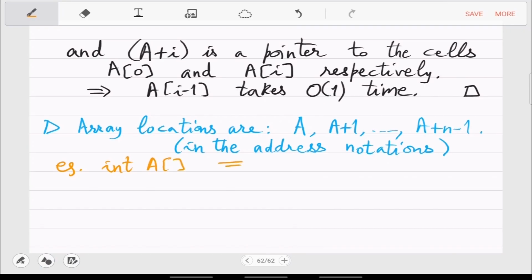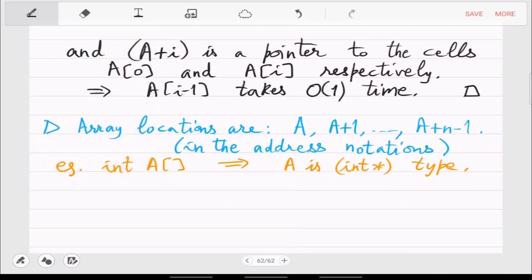So this actually implies that A is int star. And it's almost if and only if. If A is a pointer, then you can kind of think of an array. Although I should not say that. Let me not put this. But one-sided is fine.